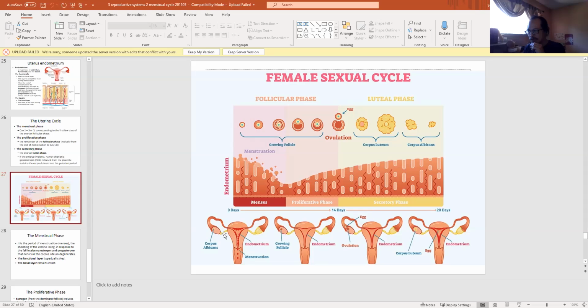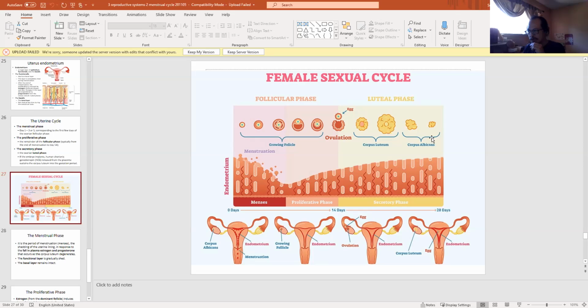So the ovary would see this cycle differently. In the uterus, we see this cycle as the thinning and the thickening of the endometrium. In the ovaries, we see it as the folliculogenesis, ovulation, and the corpus luteum,